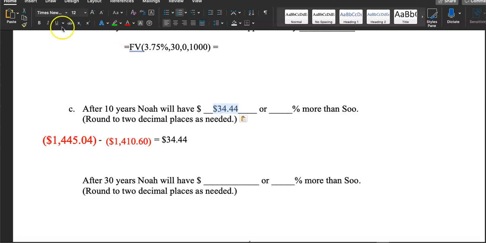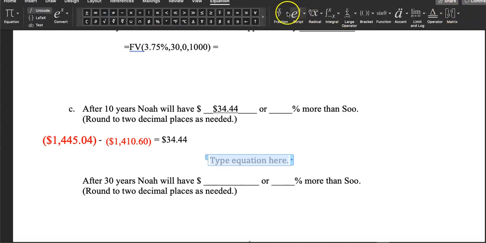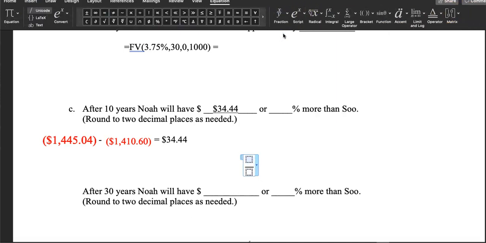But that's still more, right? But now let's do the relative change. They want you to find the percentage. So to find the relative change, you know what to do. You subtract these two values, find the absolute difference of